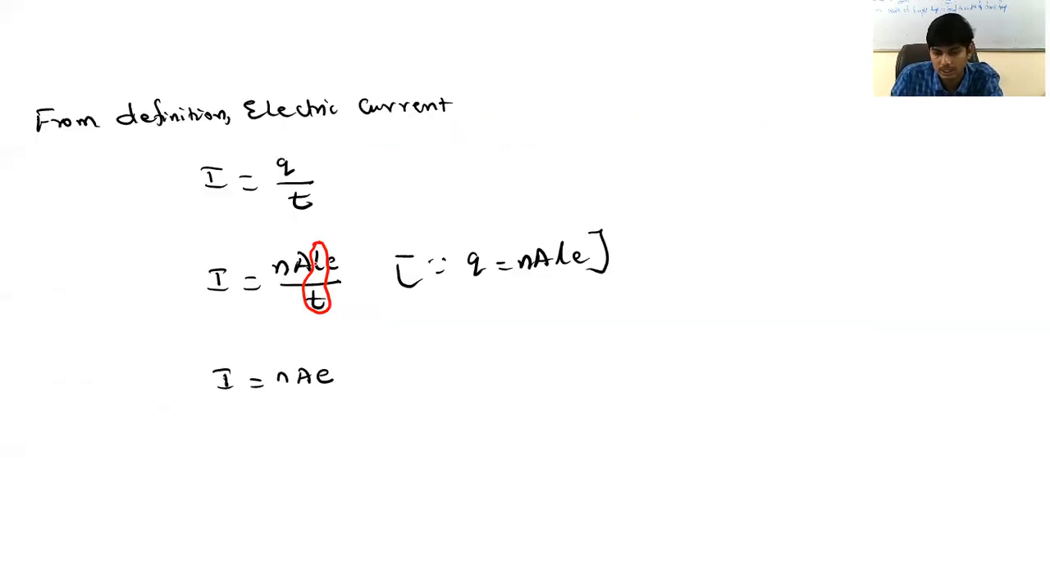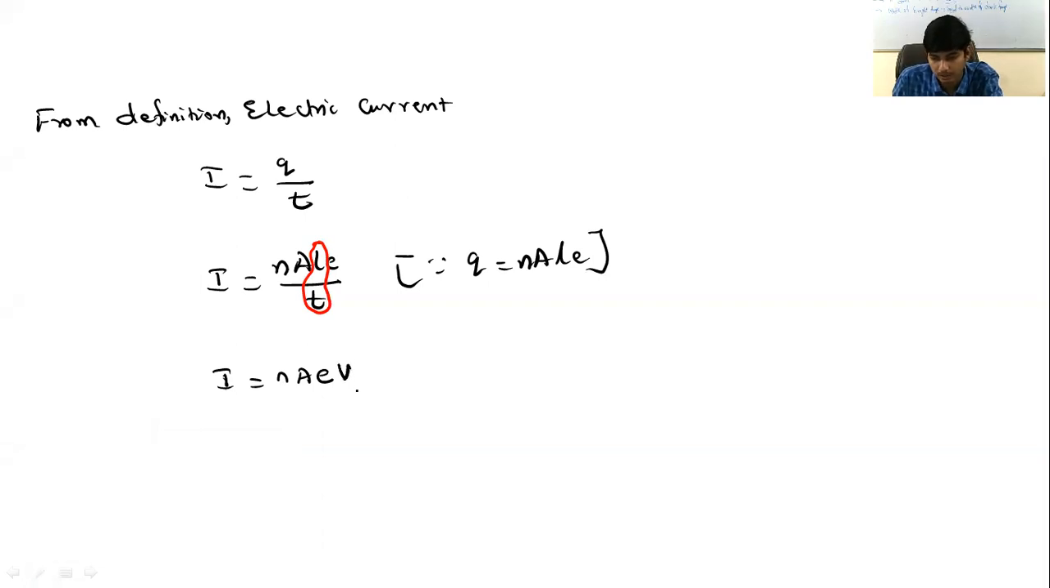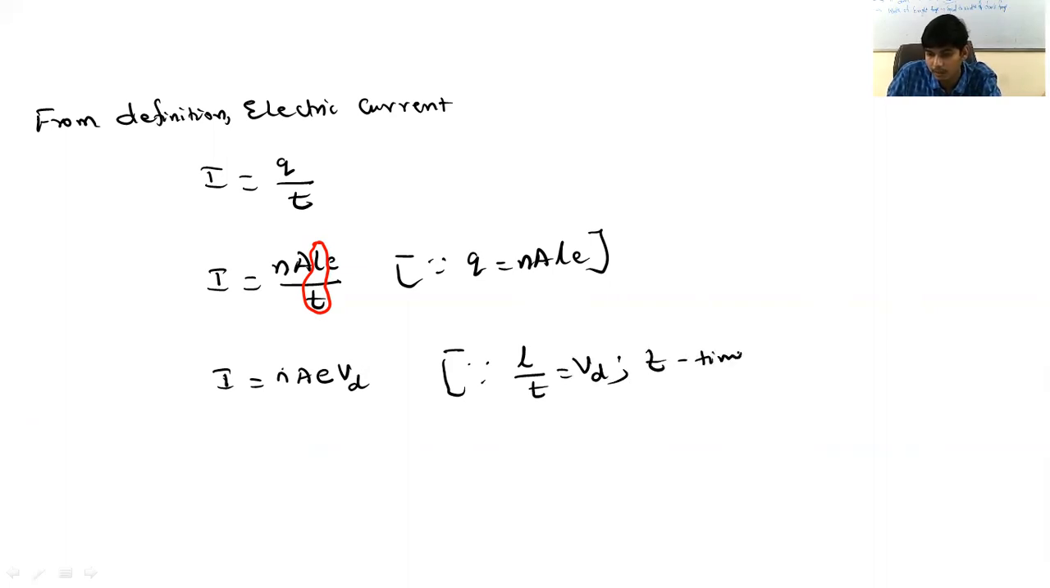So, distance traveled divided by time taken will be the velocity. So we can write it as Vd, the velocity with which electron moves in conductor under the action of electric field, which is drift velocity. N, A, e are written as they are, and L by T is nothing but Vd. I can write here L by T is equal to Vd, where T represents time taken by